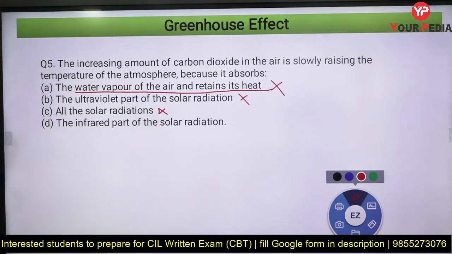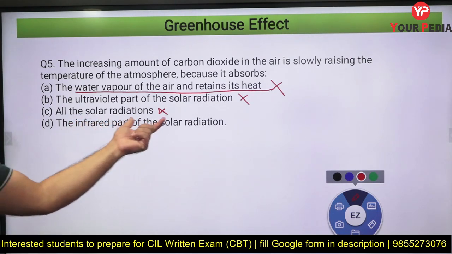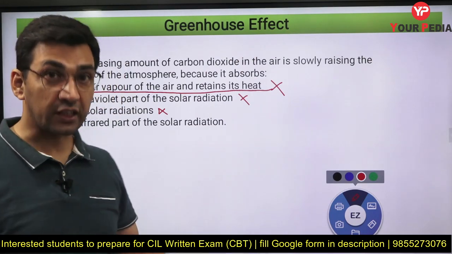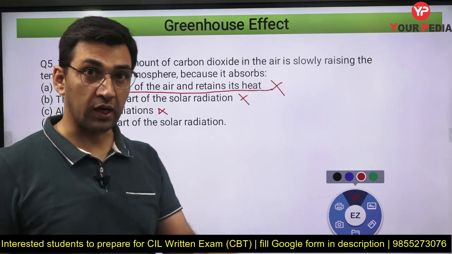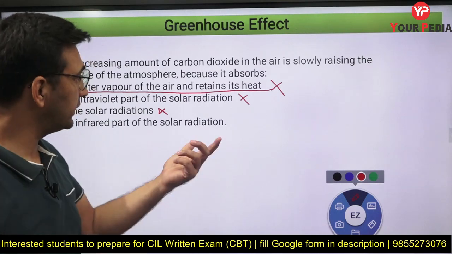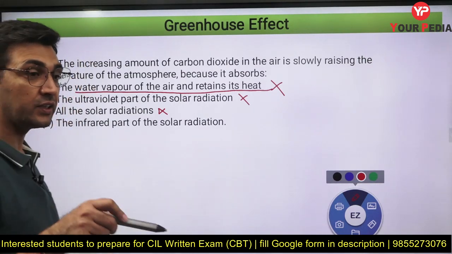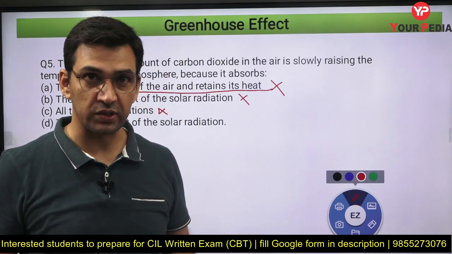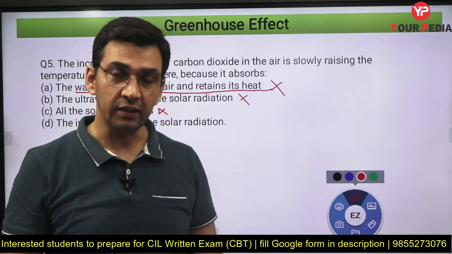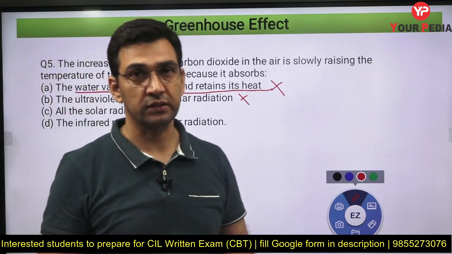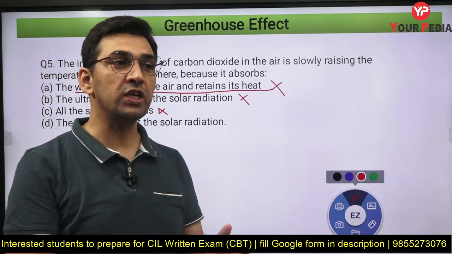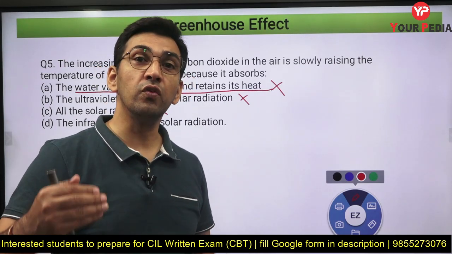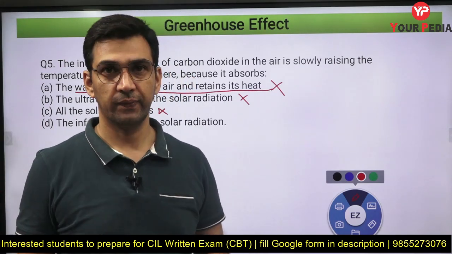No, it absorbs only because we are saying it is behaving like a glass, so it is allowing a certain portion of the radiations to come, that is shorter wavelength radiations, whereas it is blocking the long wavelength radiation. Earth, because of having a relatively lower temperature, significantly lower than the sun, so the bodies which are having a lower temperature, they mostly emit the long wave infrared radiations.